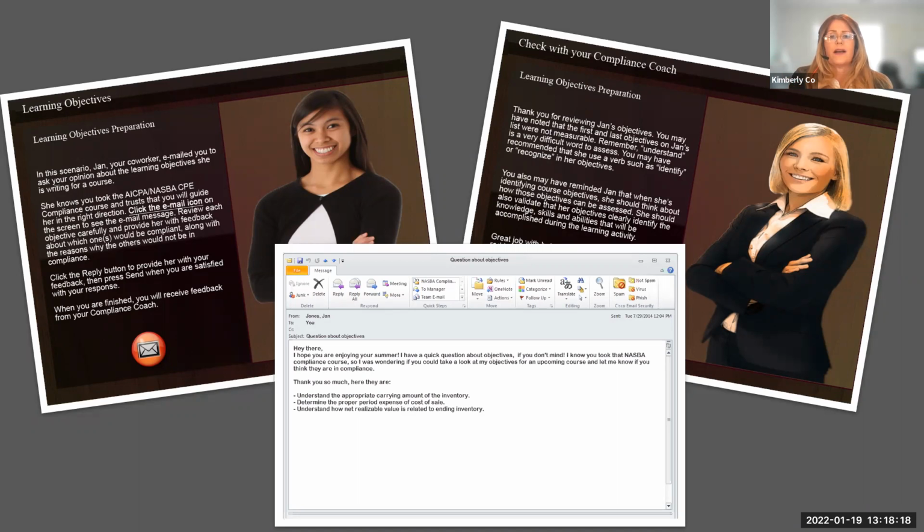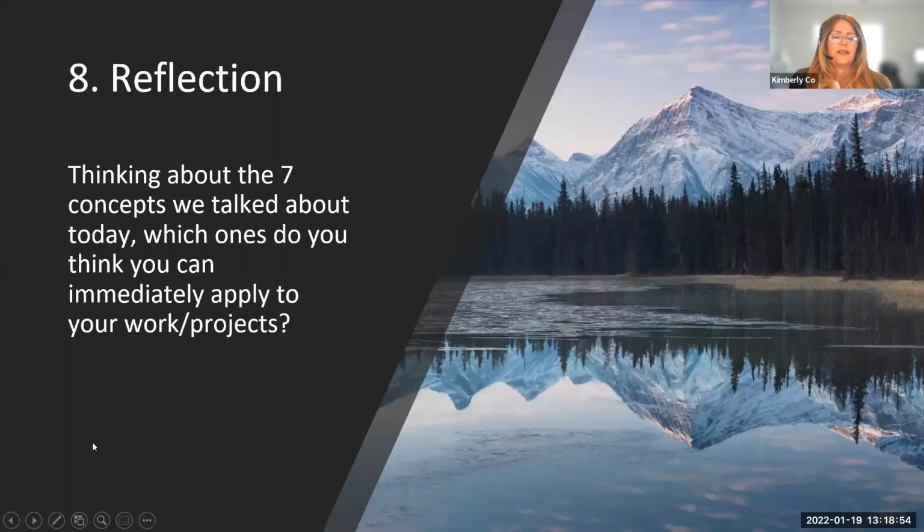And there's a text entry box in there. So the learner is going to reply back to the email and type their responses into the text entry box. And then the learner is going to get feedback from the compliance coach. Based on whatever input they put into the text entry box, the compliance message on the right might be different. So that's a perfect example of how we applied that CCAF model in this particular e-learning course. So check out the CCAF model if you're not familiar with it. With that were our seven principles and fundamentals.